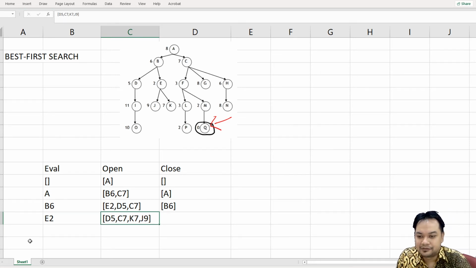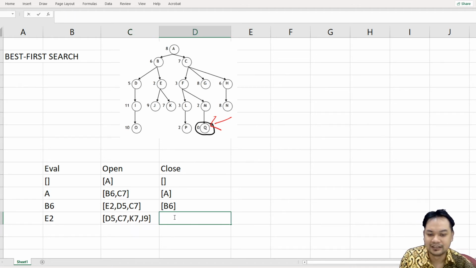Okay. Some of you might question, how do you know which of the nodes should go first? Either C7 or K7. Okay, the answer would be C7 because C7 is the most senior node within the 7 range. So you have B6,